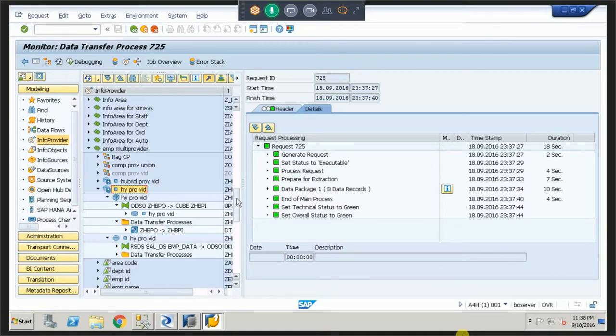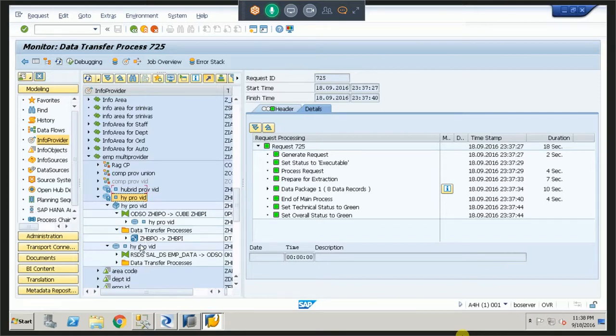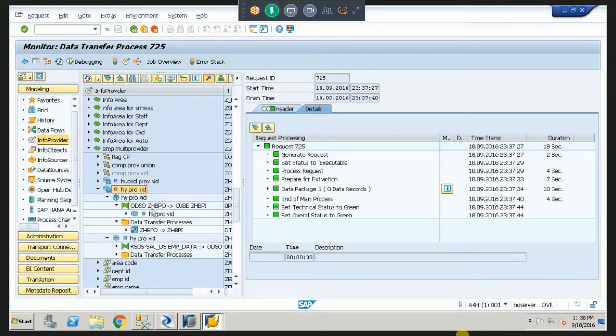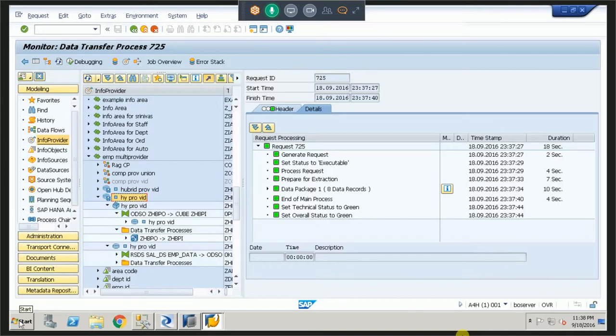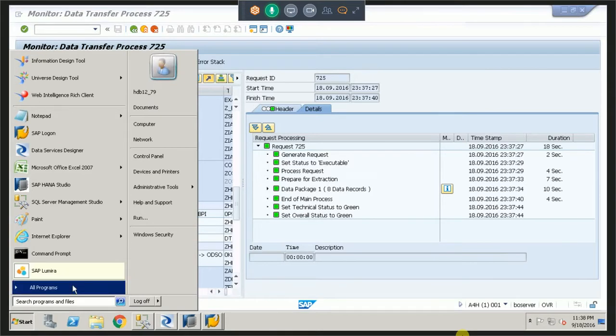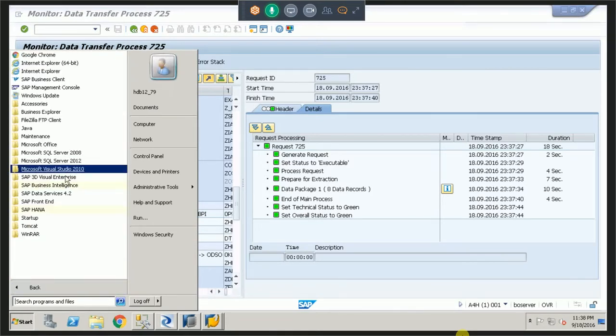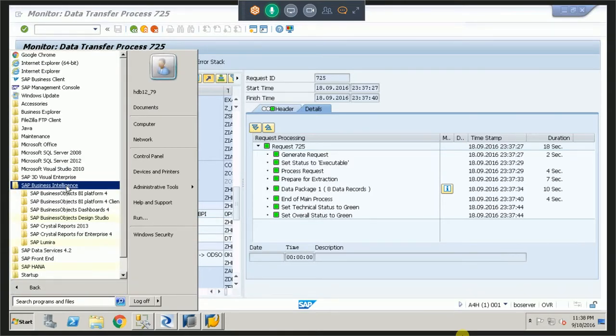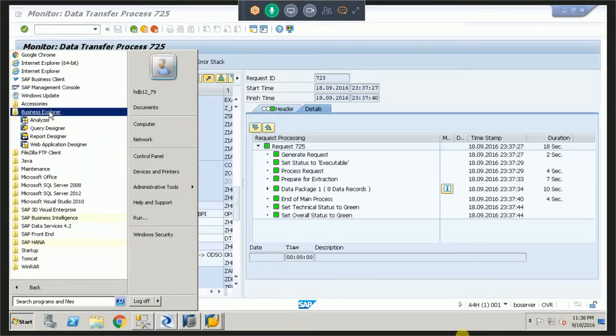Hybrid provider is a mixing of standard DSO and cube. It means a mixing of a flat structure and a multi-dimensional structure, but the data will be the same. You have taken the same data. Whatever is there in DSO, you have taken the same in the InfoCube also. Everything is same. Then what is the difference? If you create BEx here,